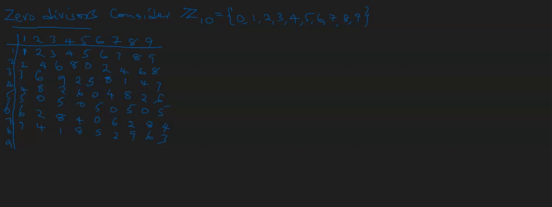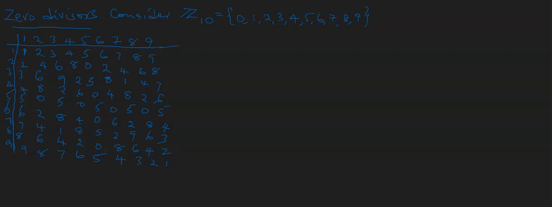For 8, we have 8, 6, 4, 2, 0, 8, 6, 4, 2, and finally 9: 9, 8, 7, 6, 5, 4, 3, 2, 1. So that is the Cayley table